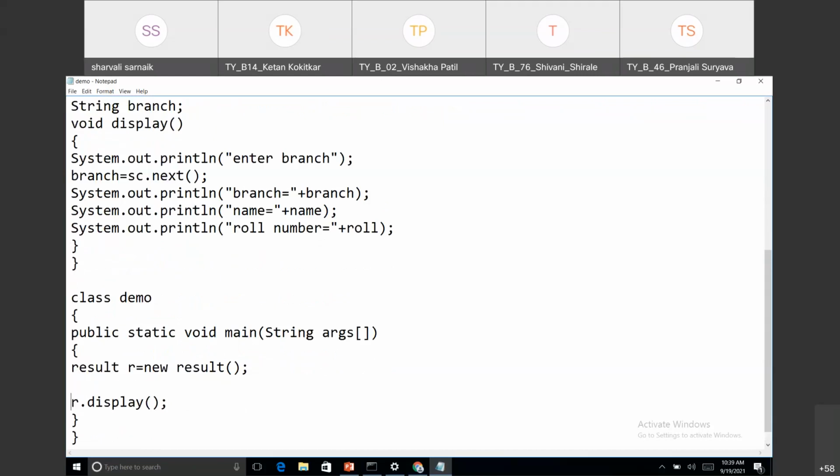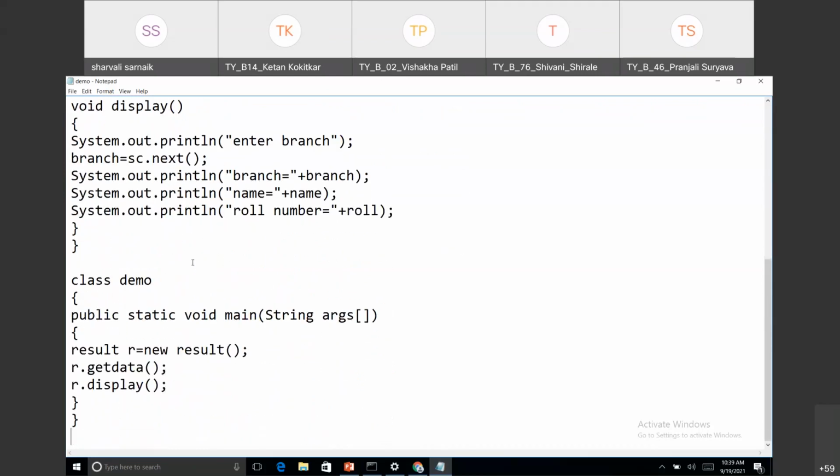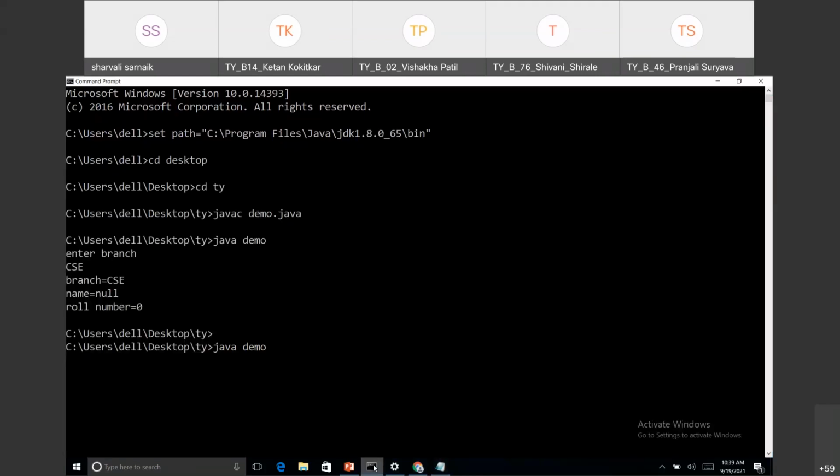In this, before r dot display, I'm displaying r dot get data also. Get data is the function of class student. See, get data is the function of class student. That also I'm accessing with the help of the object created by the result class. So we'll run this.